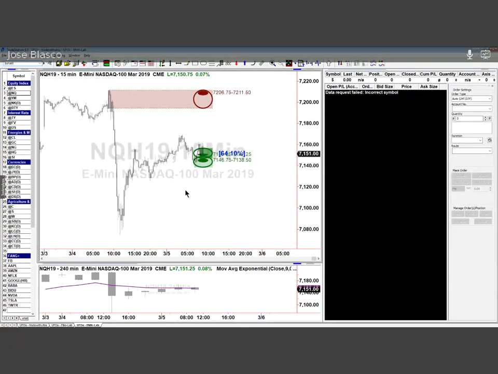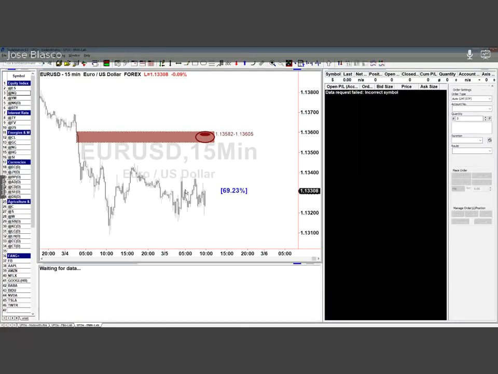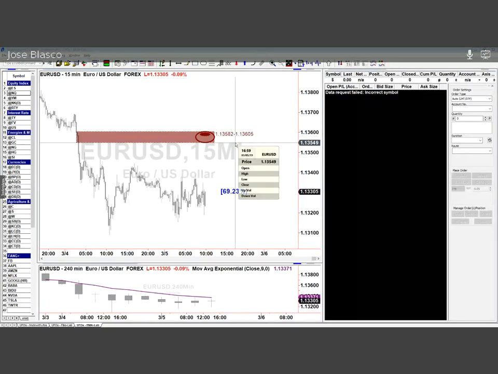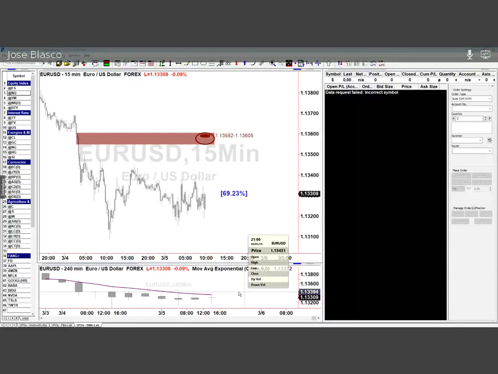So let's move into currencies. Let's begin with the most important currency pair in the world, the euro against the US dollar. So what do we have here? Well, we're in a downtrend in the 4-hour time frame. Okay, we're in a downtrend, and therefore looking for UFOs on the 15. The UFO that we found is located at 113.54, and 113.54. It's more or less here. So it's kind of like somewhere around this area, right?